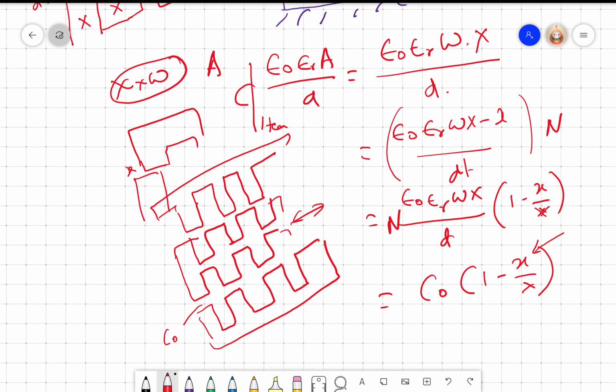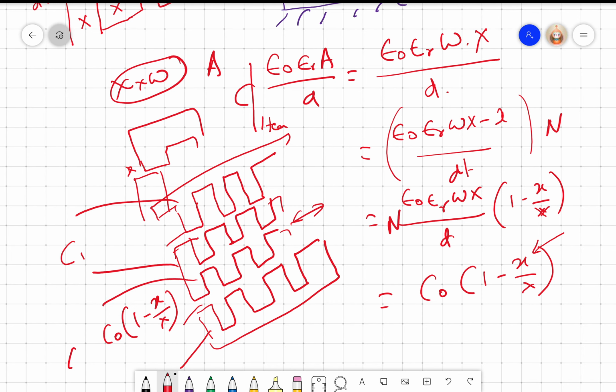So I can write this as C naught into 1 minus X by capital X. This capacitance between this and this, I call this C1. Between this and this is C2. C1 would be C naught into 1 plus X by X, right? So I can make a push-pull type of capacitive sensor, but the problem is